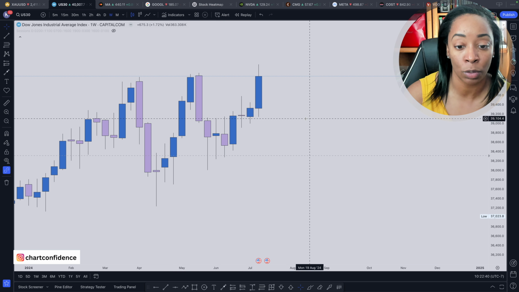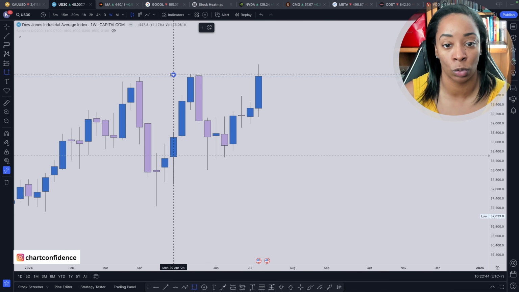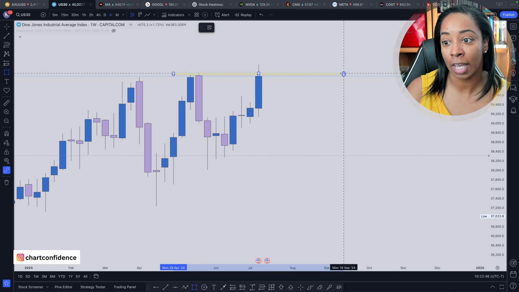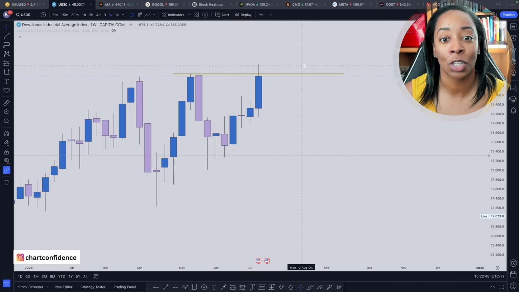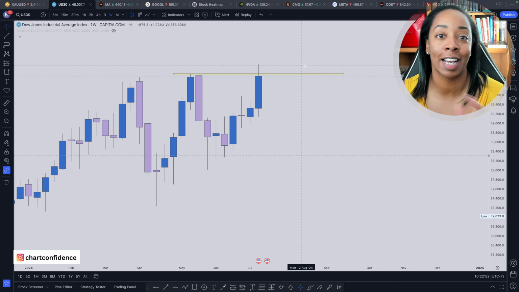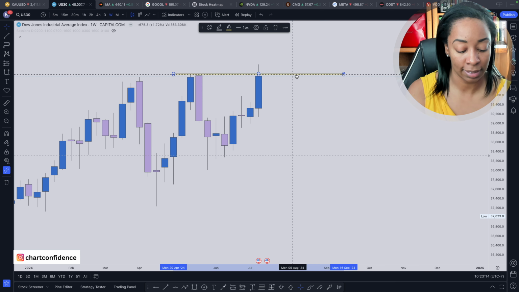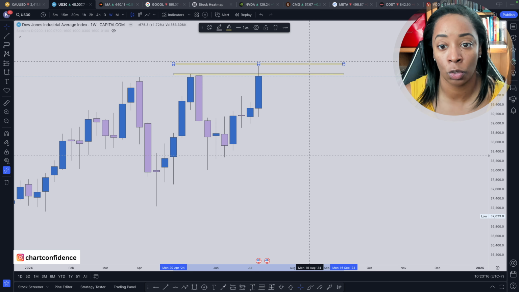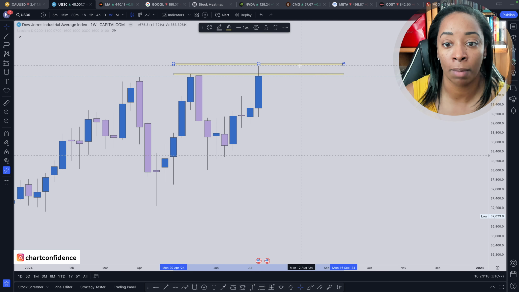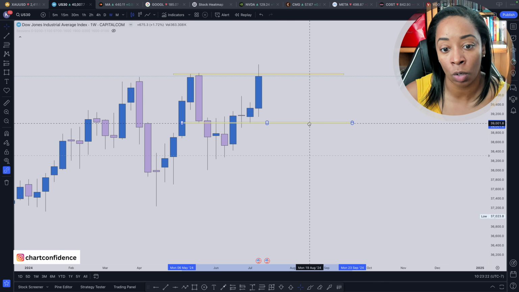So the first thing I'm going to draw on this weekly time frame is this resistance level right here at around 40,000 flat. So if you've watched other videos, you've seen me talk about how price has not come to 40,000. Now it has. So I'm going to take this line and I'm actually going to copy it, and then I'm going to move it down to this level here around